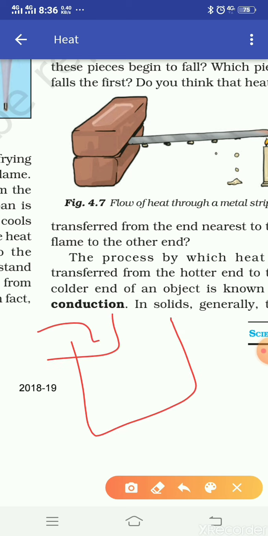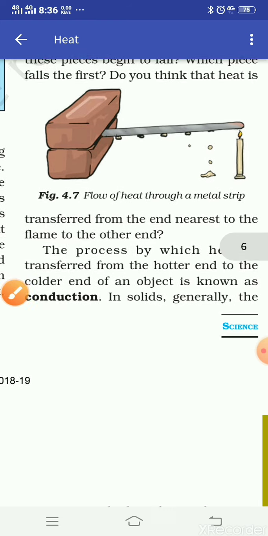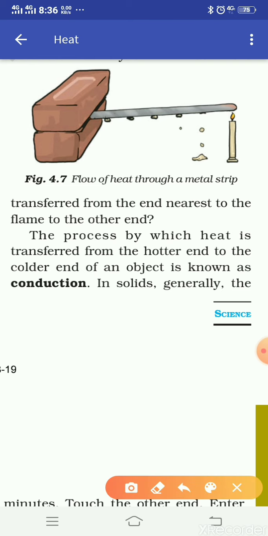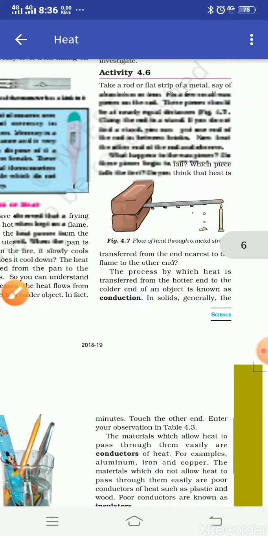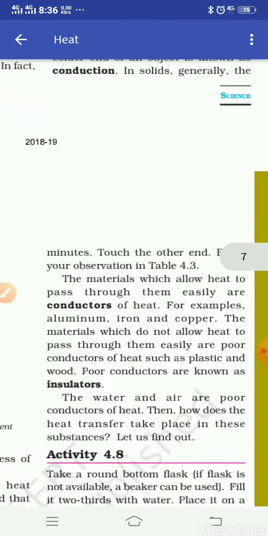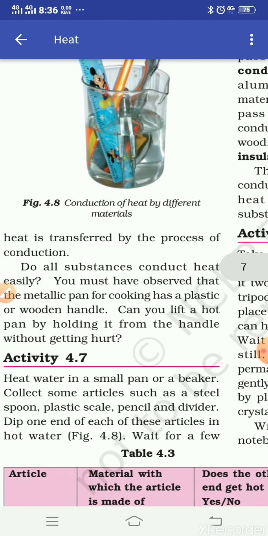Why? Because the heat is transferred to the refrigerator. Clear? So a very important concept we understand: conduction is a process in which heat is transferred from a hot object to a cold object. Clear? Okay, so we understand heat transfer by the process of conduction.